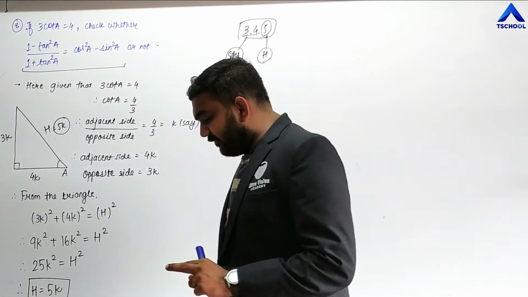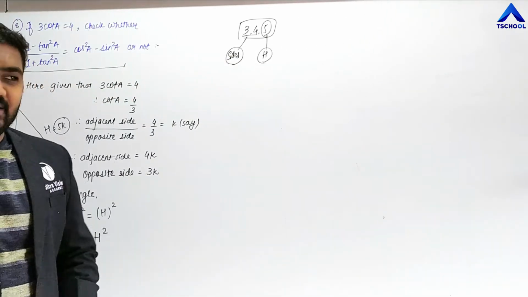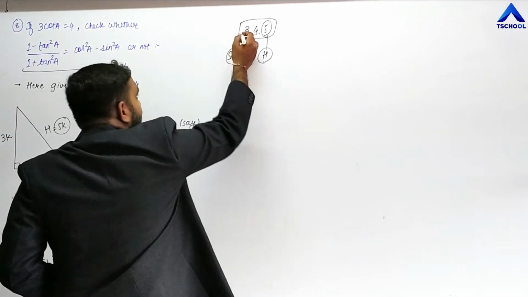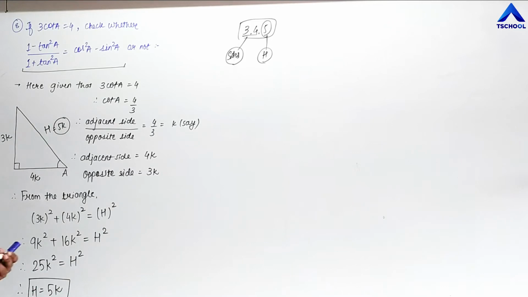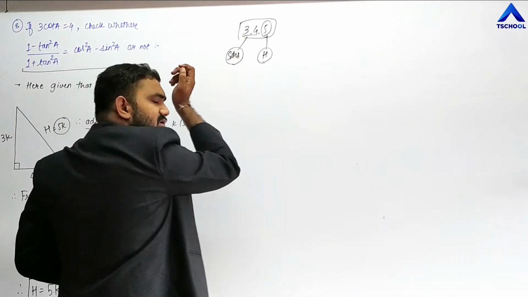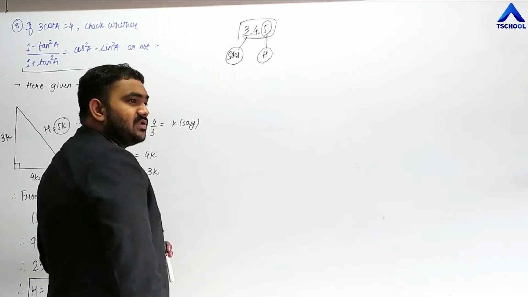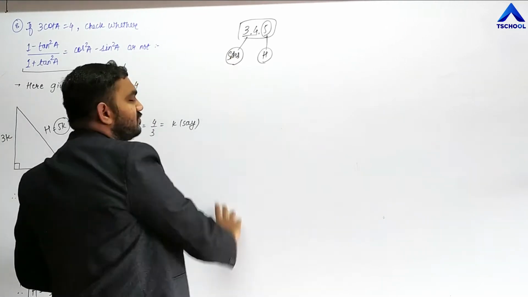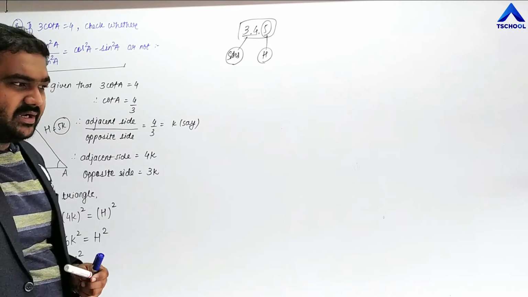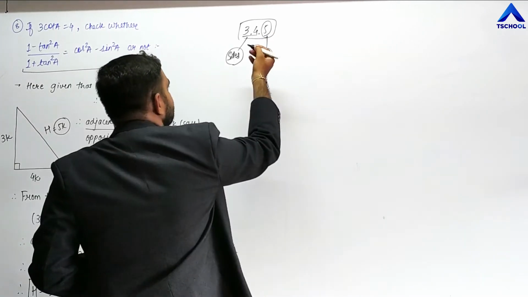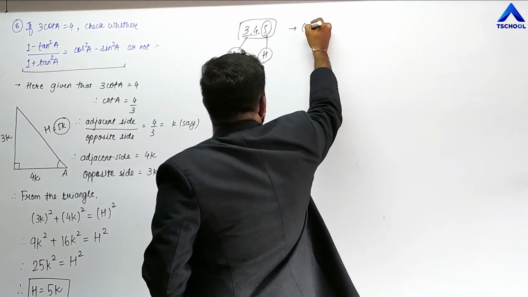So whenever you are having a triplet like this, and if it makes sense that the sum of the squares, not square of the sum, of the squares of the first two numbers is equal to the square of the third number, that goes for the Pythagoras triplet. That is known as Pythagoras triplet. So let us see here how.